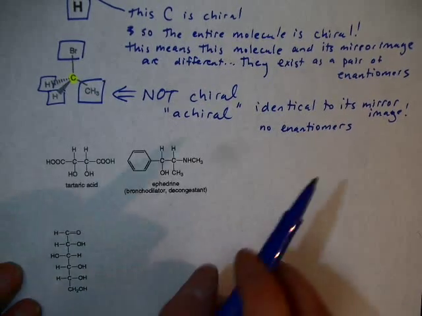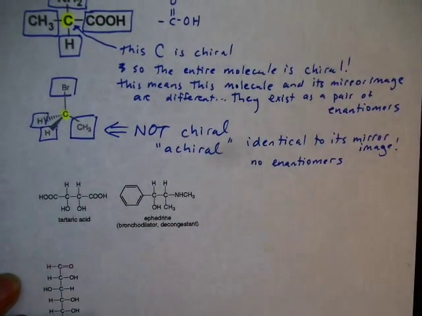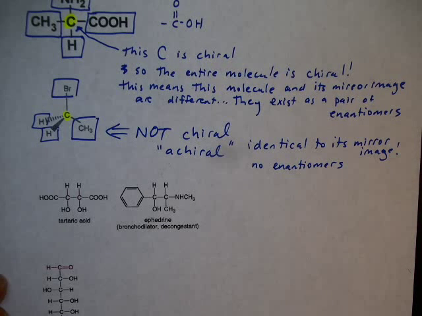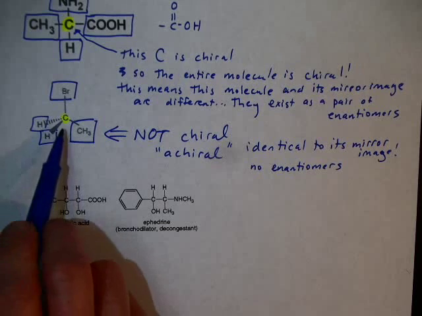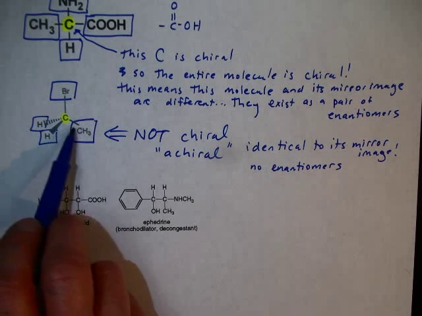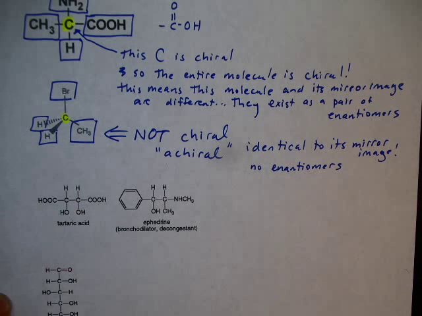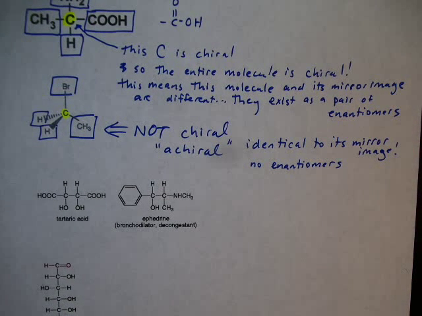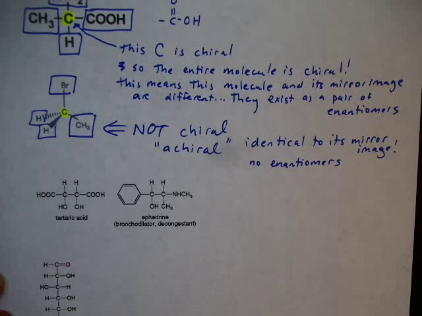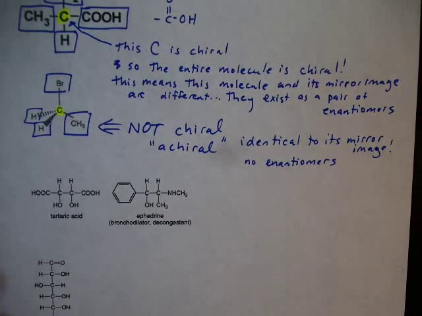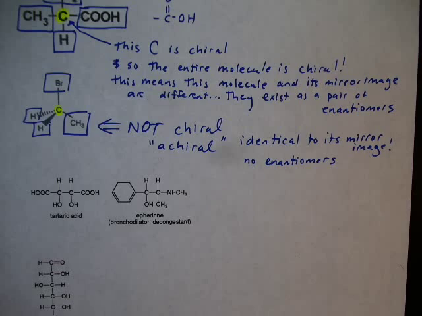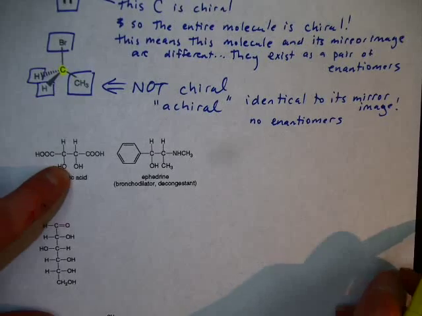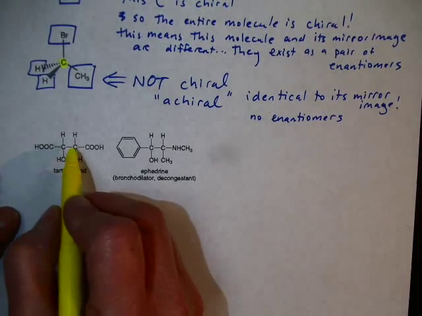It's quite common for molecules to be chiral. Remember, we said you only need one carbon. You only need one carbon to be chiral for the whole molecule to be chiral. A tiny molecule like this had only 2 carbons to look at, but it's much more common to have lots of carbons. Biological molecules are often big, and usually there's 1 carbon in there that's chiral. So it's quite common for biological molecules to be chiral. And it's pretty common for there to be more than 1 chiral carbon. Here's an example right here.